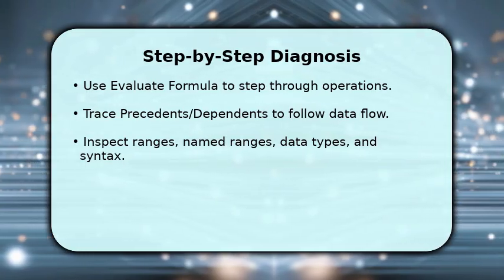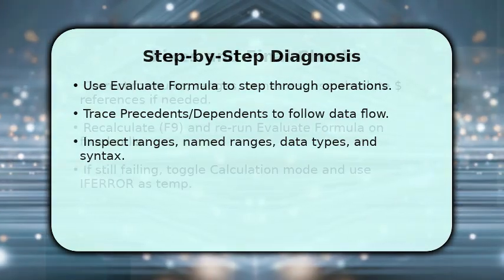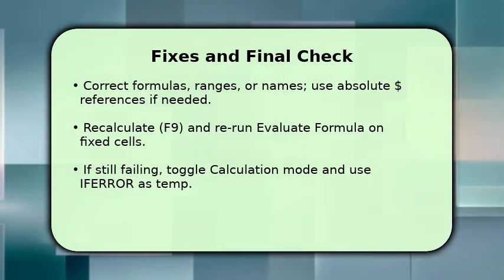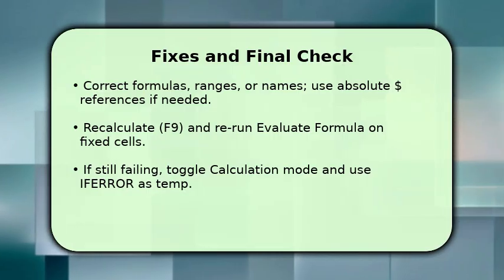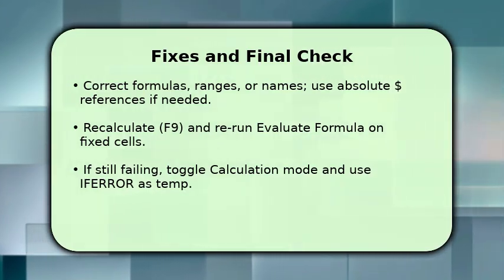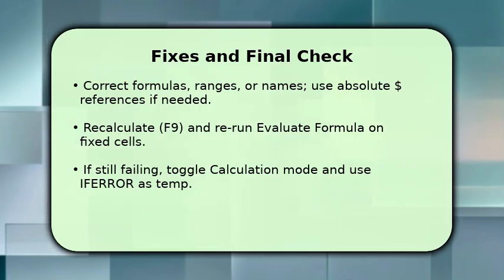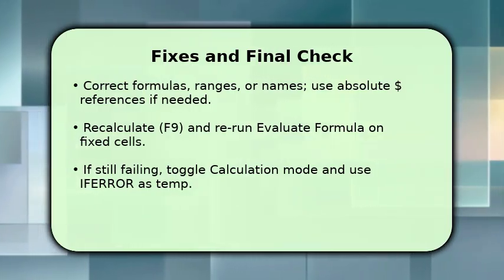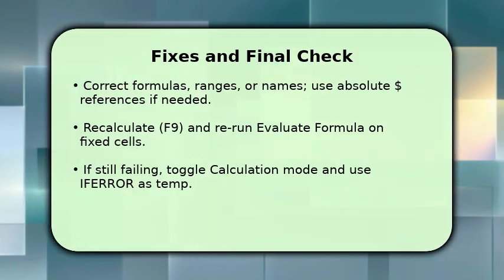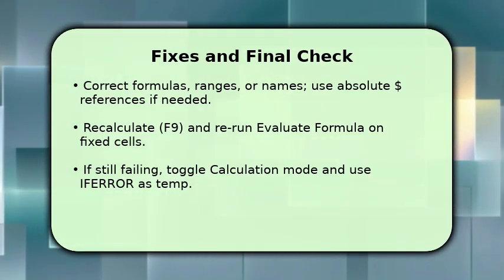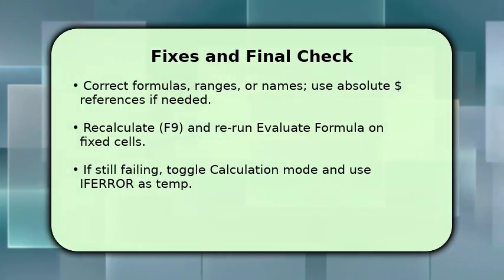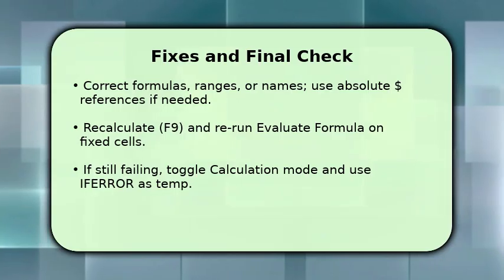You finish by applying corrective edits. Replace wrong cell references, restore deleted ranges, fix typos, and add absolute dollar references where ranges must not shift. Once adjusted, force recalculation and reevaluate the same formulas to confirm correct results. If a formula still fails, check Excel's calculation mode, switch to automatic if it's manual, and consider wrapping with IFERROR while you audit deeper. A key troubleshooting tip: if errors persist, inspect for hidden sheets, links to